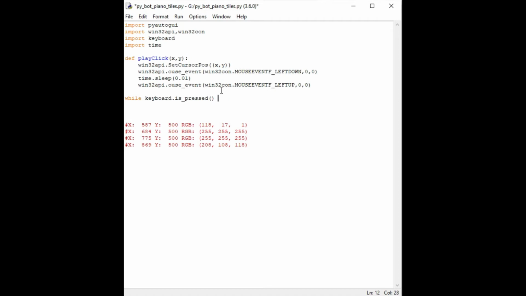So you give while keyboard.is_pressed, and inside the bracket let's just give Q for quit. So if we press the quit, it should go outside the loop, which means the program will stop. And let's not forget equals false. So if we didn't press this, then this will run continuously. So that's how the program works. So Q is like an emergency stop button. And now let's write the program to check the pixel. So we are going to use PyAutoGUI for it.